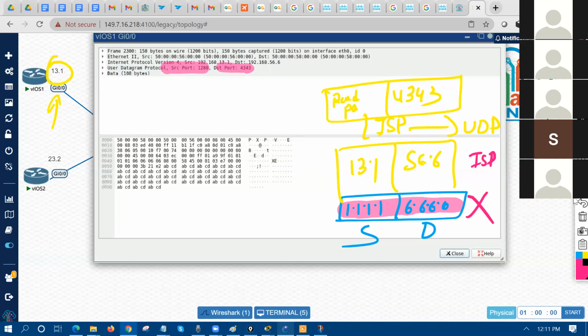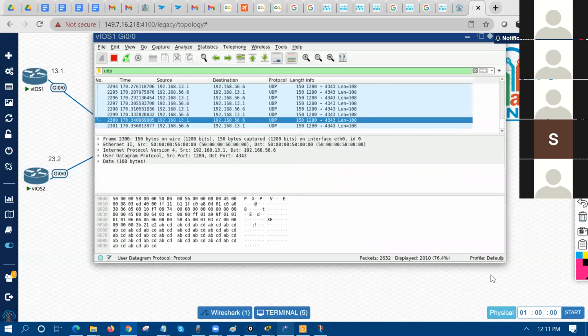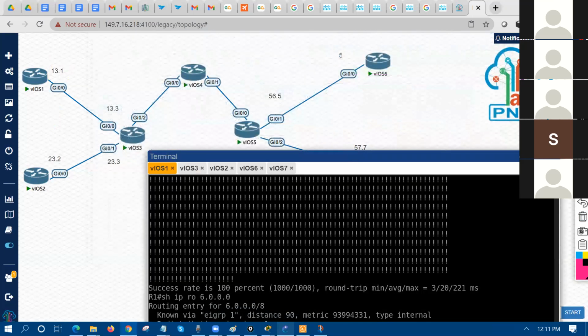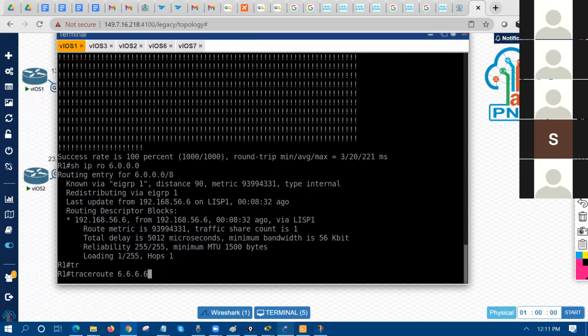So now if you make a trace route as well, just to see how many hops away this guy is. Okay. Trace route 6.6.6.6 source will be